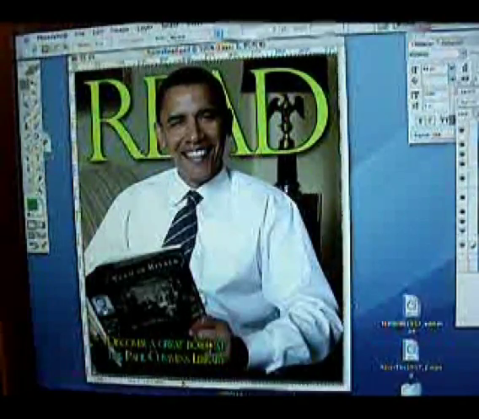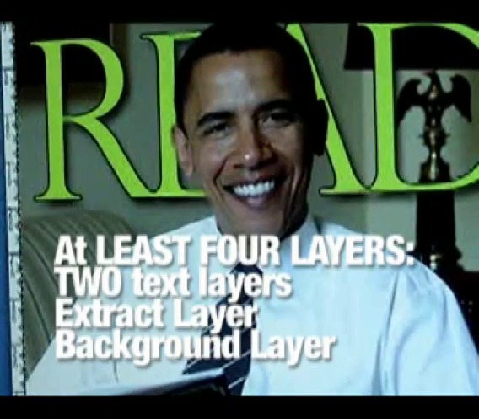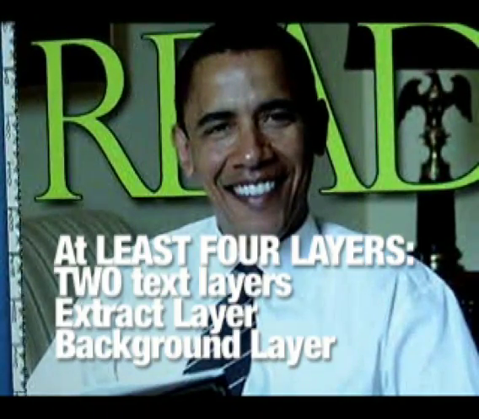You can choose any subject you want for this project. The end result should be a magazine cover or a poster. There should be at least 4 layers, 2 text layers, an extracted layer, and a background